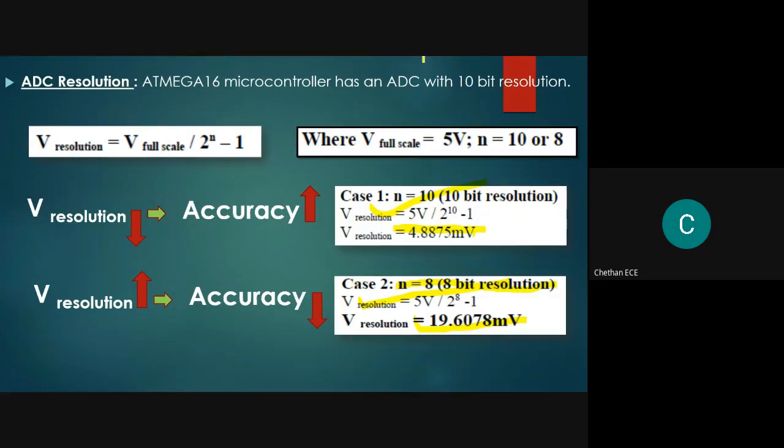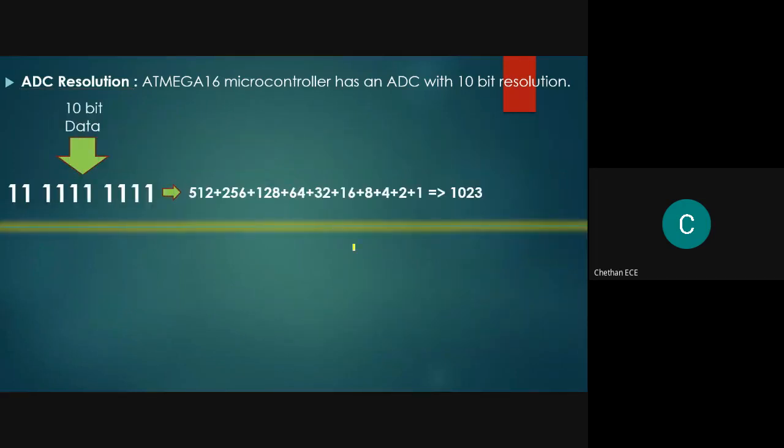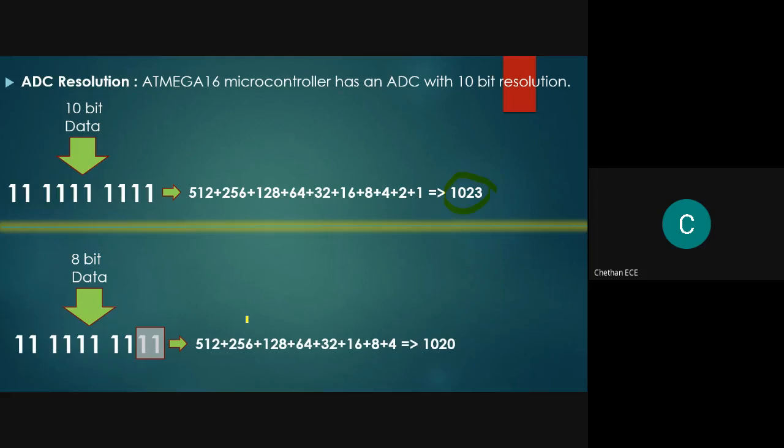In order to interpret this complete information, let me consider 10-bit data as all ones, 1111111111. If we convert this binary data into a decimal equivalent, this is the result I got. Similarly, I will consider the same 10-bit information where I will mask the least significant 2 bits.